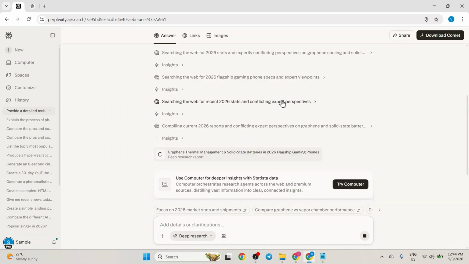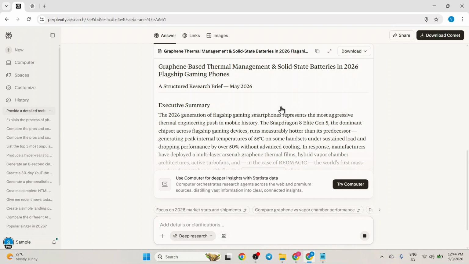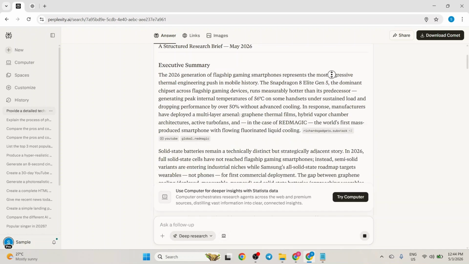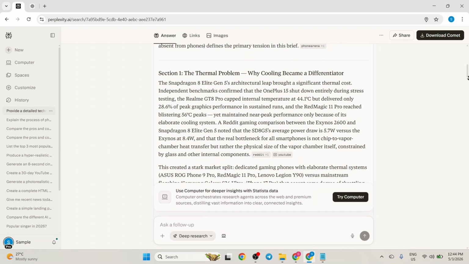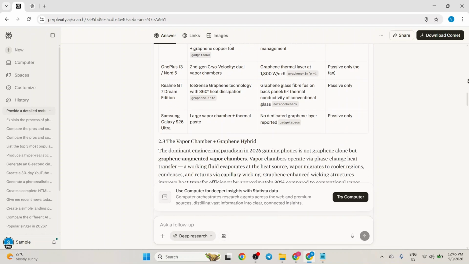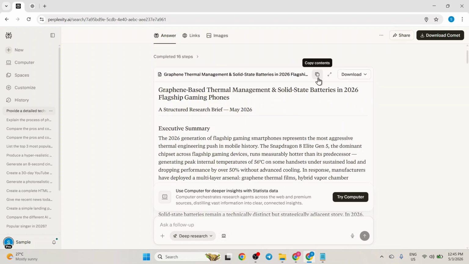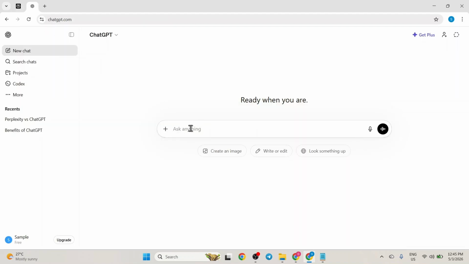As the AI works, it compiles a comprehensive report covering executive summaries and technical architectures. I scroll through the results to review the data on mobile chip heat performance and advanced cooling solutions like vapor chambers. Once I'm satisfied with the research, I click the icon at the top to copy the entire document to